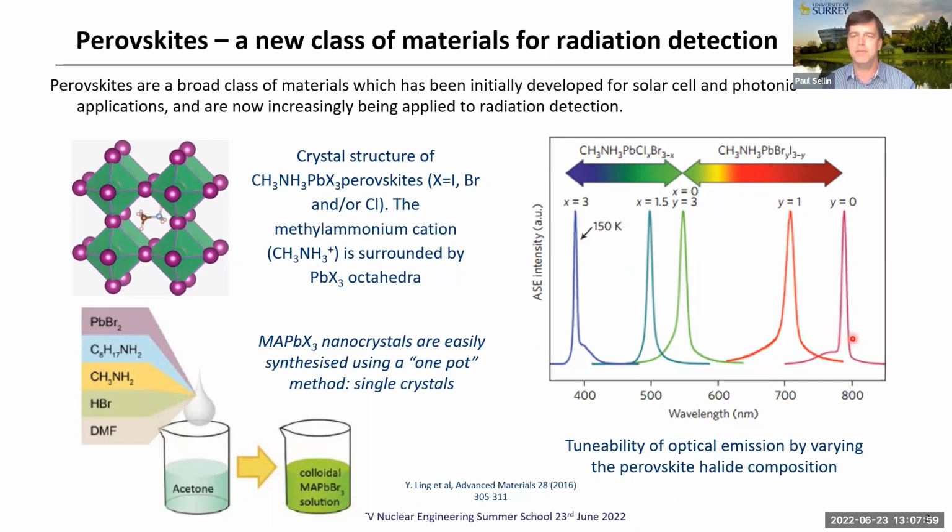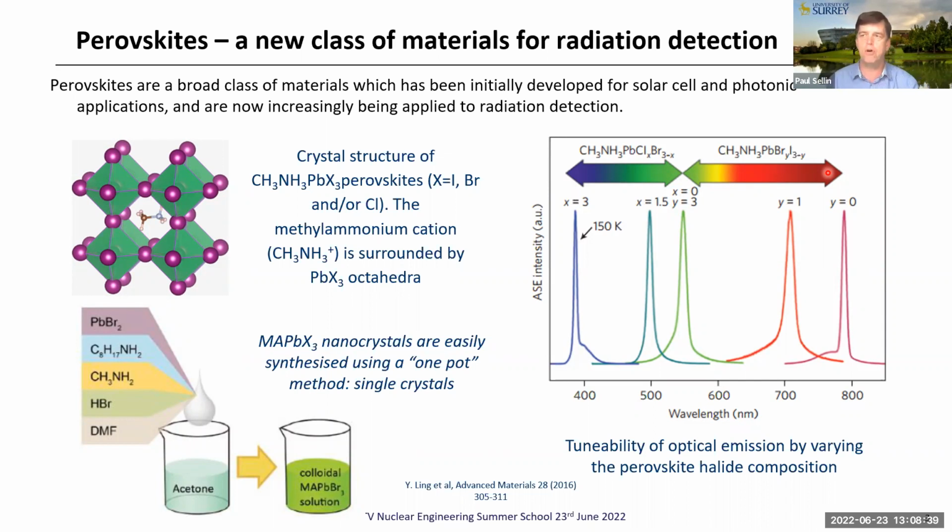up at 800 nanometers. And it's slightly complicated, but you can see this left-hand arrow is the transition from pure chloride, X equals 3 on the left, to pure bromide, X equals 0 on the right, and that gets us up into green emission. And then we move from pure bromide on the second arrow, through to pure iodide, Y equals 0 on the right-hand arrow. And so, of course, the solar cell people want a short energy band gap, a long wavelength,